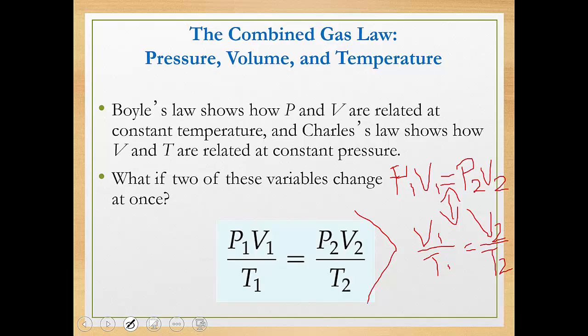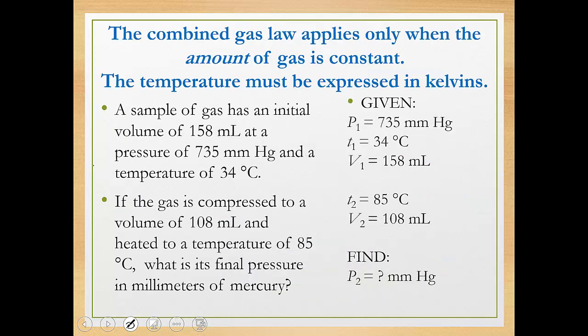Well, there is a chance. Remember, we said that if we relate only two things, all else being held equal, how realistic is that? That we are going to change just pressure and volume and the temperature is not going to change, or we're going to change just the temperature and volume and pressure won't change. Well, that doesn't always happen. It can be that two of the variables are changing at the same time. What is the effect on the third variable? That's what the combined gas law does. It allows us to put them all together. An example of that,